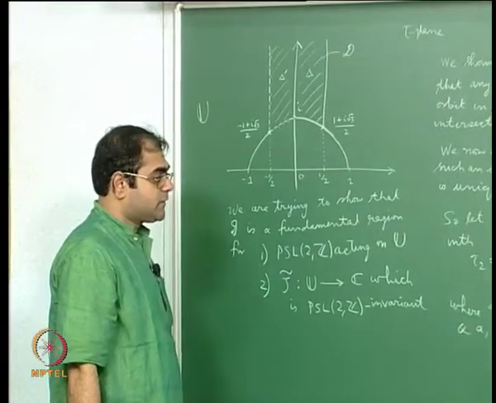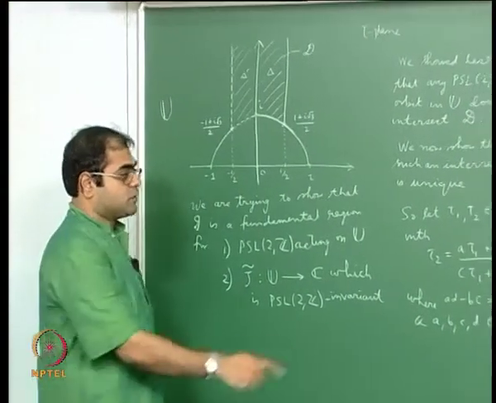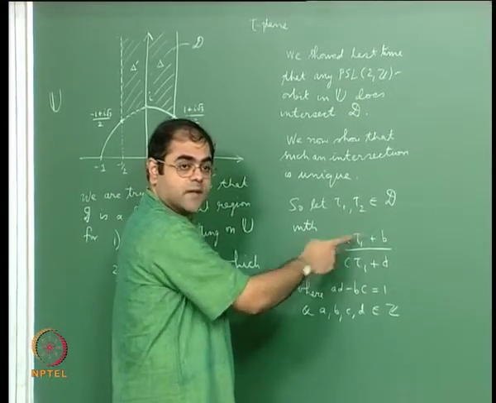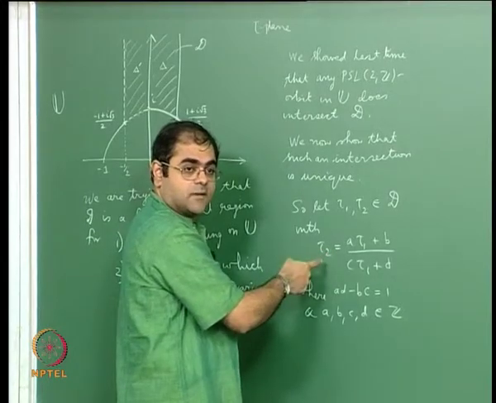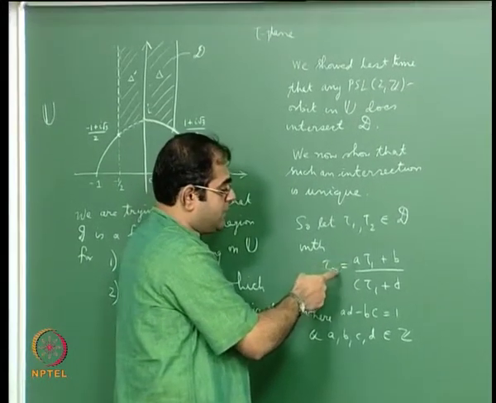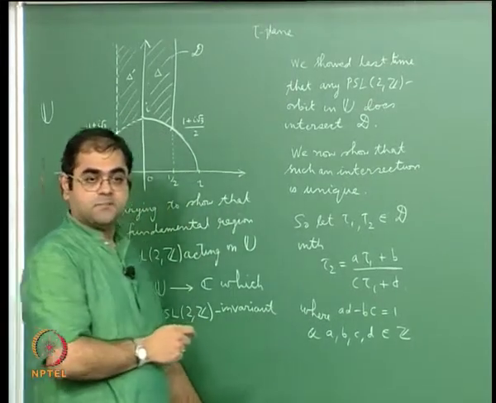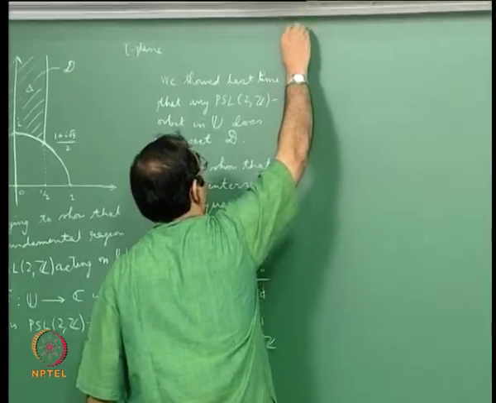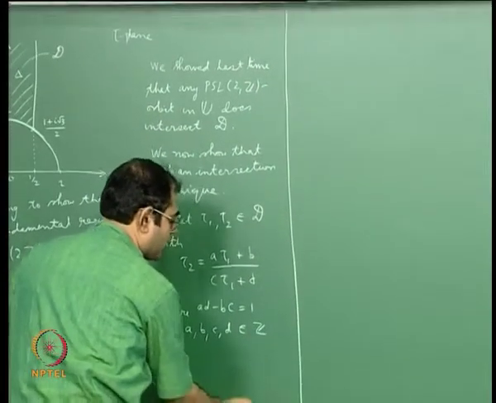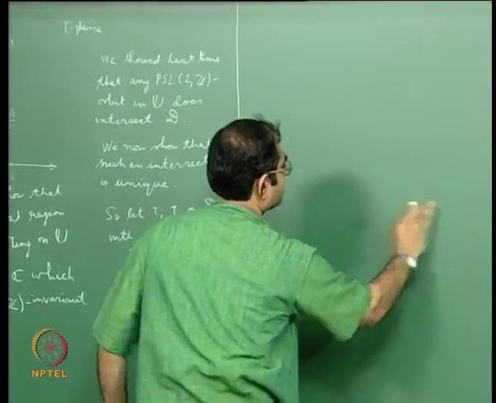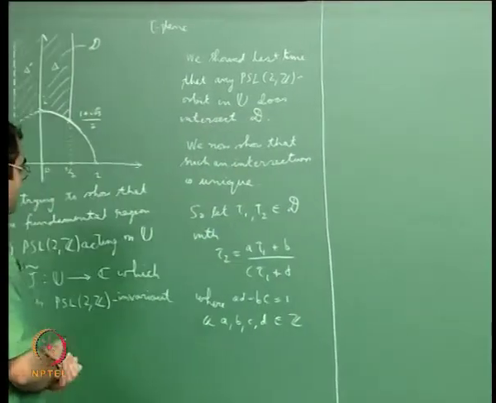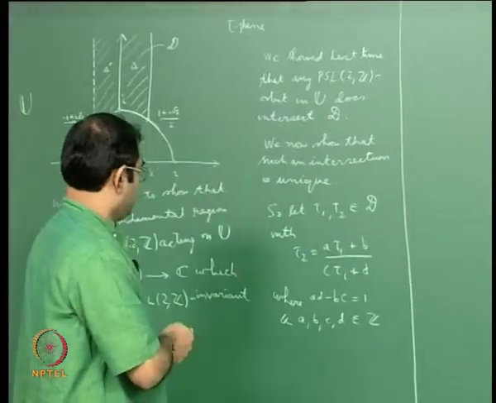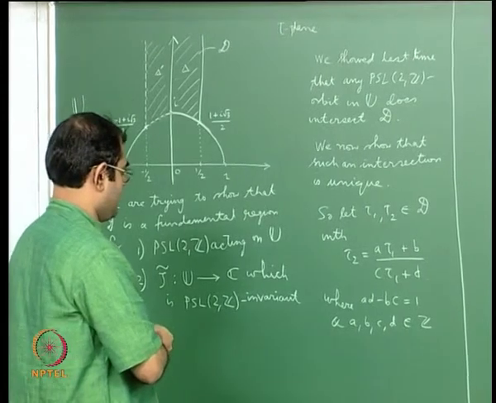What I will have to show is that, since the orbit of tau 1 is the same as the orbit of tau 2, they lie in the same orbit of PSL2Z, I have to show tau 1 is equal to tau 2. So we will look at various cases and prove this. The first thing that one needs to start with is